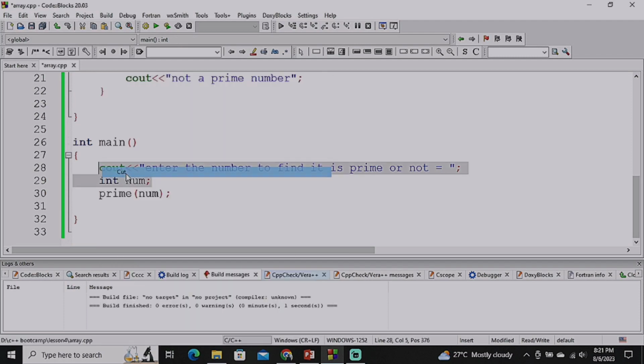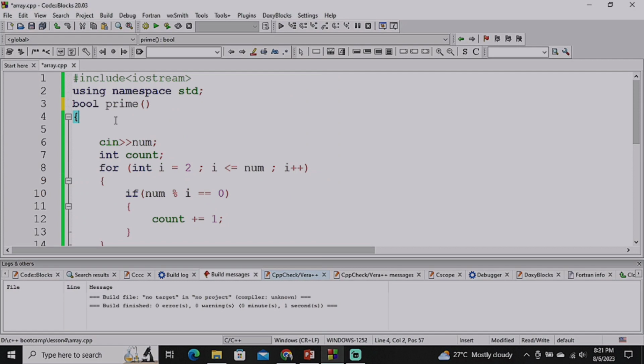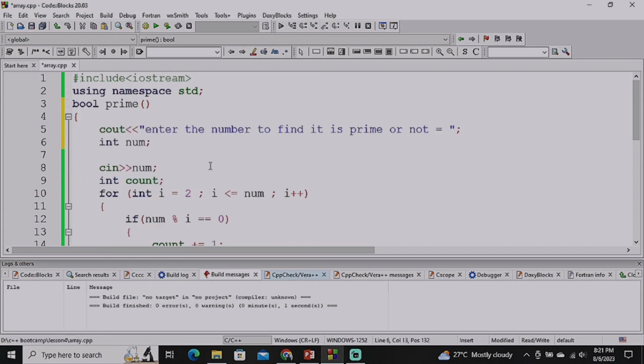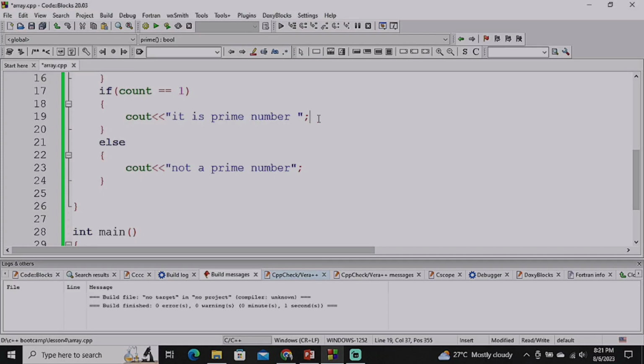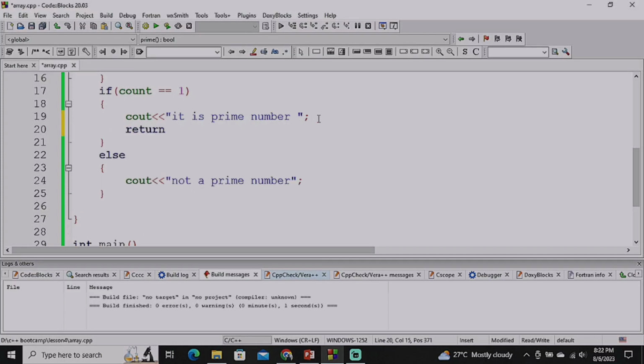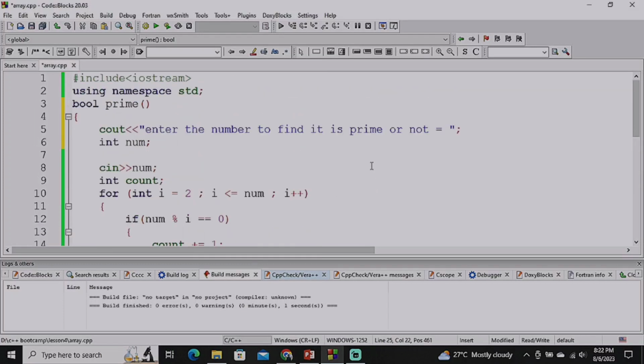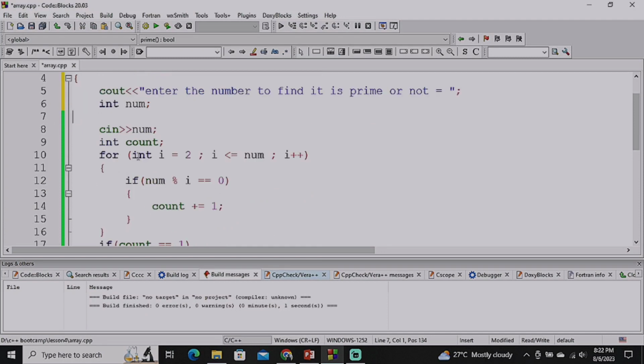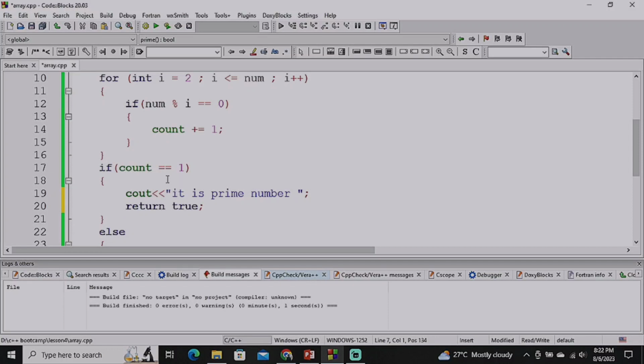So we will cut this code from here. We will have this once again here. Now what will be the return: return true and return false? Okay, so now what we changed is that we are not receiving anything but we are returning something, that is, the data type is bool. Now what will happen here is that we will perform our required calculations,